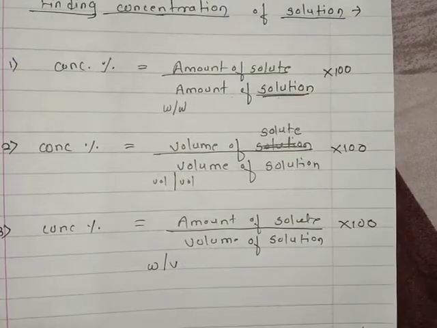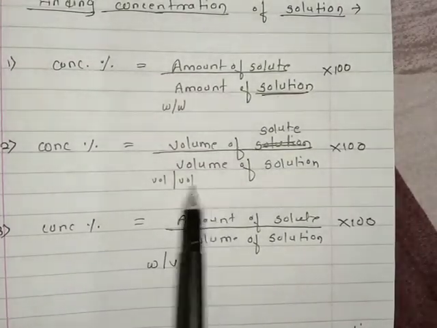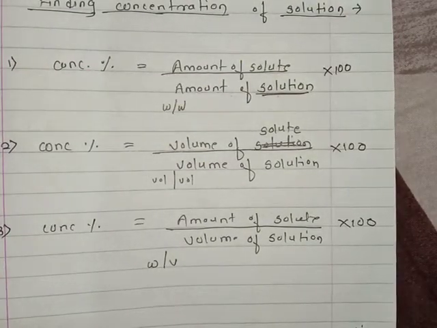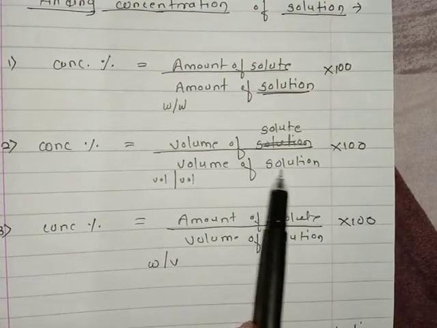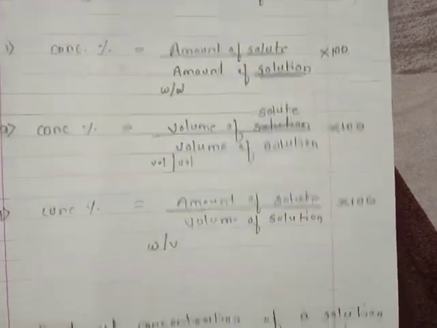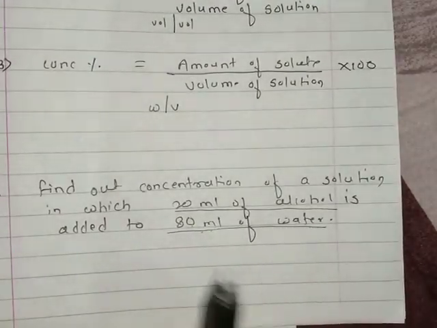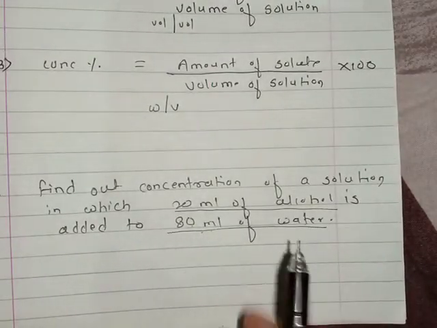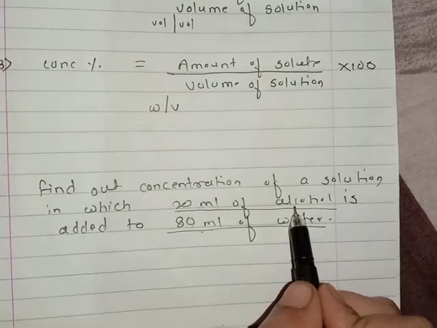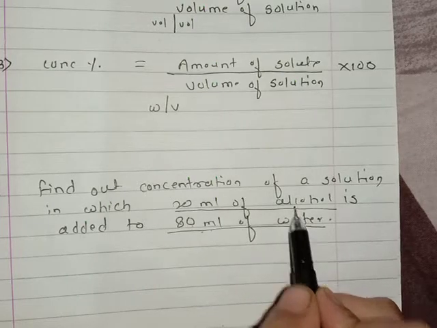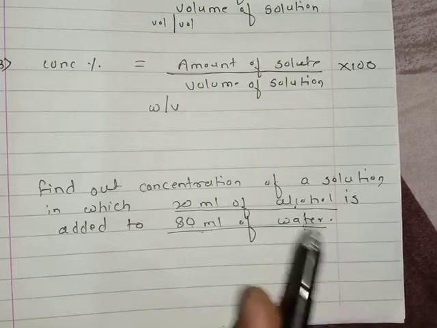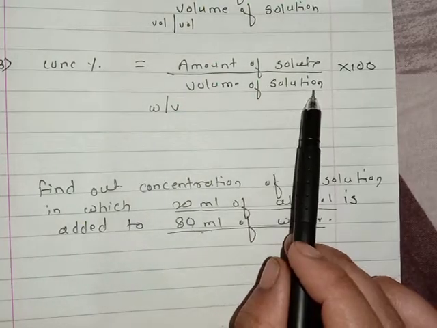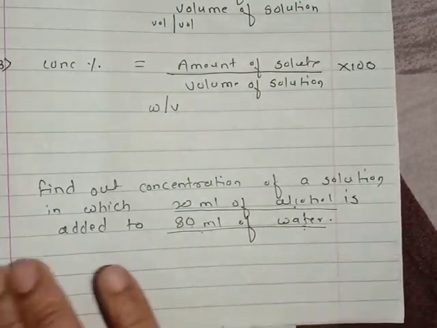But children, we use the volume by volume formula for this question. So what is written here? Solute, and what is written here? Solution. इसका क्या मतलब है कि हमको solution find out करना पड़ेगा बच्चों, क्योंकि यहाँ पे ये जो दिया है आपको, ये है solute और ये solution नहीं है, ये solvent है. हमारे फॉर्मूले में हमको लगता है solution, तो हमको solution फॉर्म करना पड़ेगा.